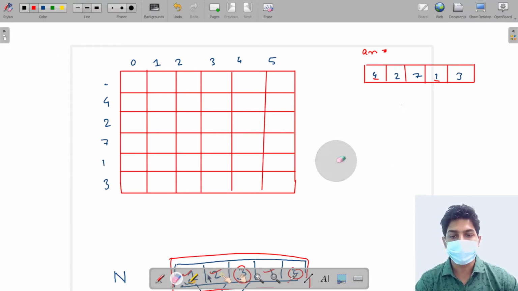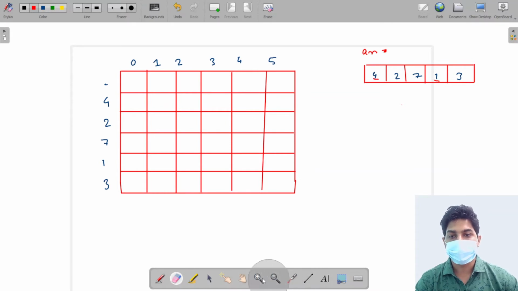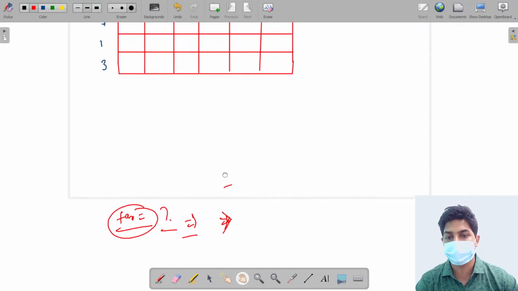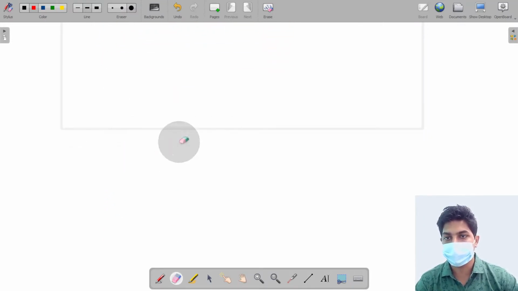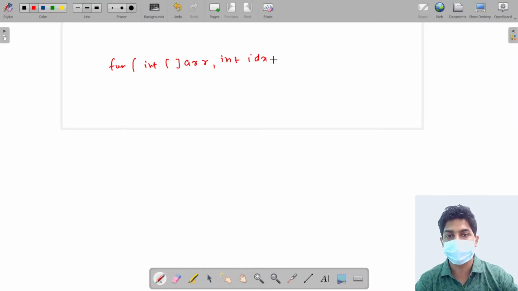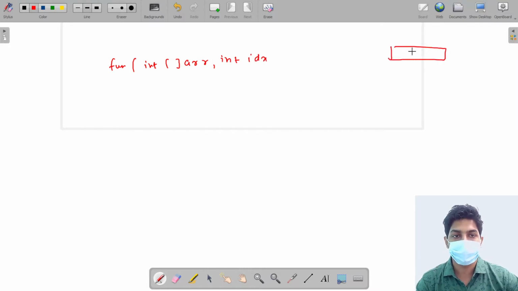One way to solve this problem is that we can write a recursive relation. We can write this function recursively. Suppose we write a function to which we will be given the array, an index that points to the current element, and an integer value target.